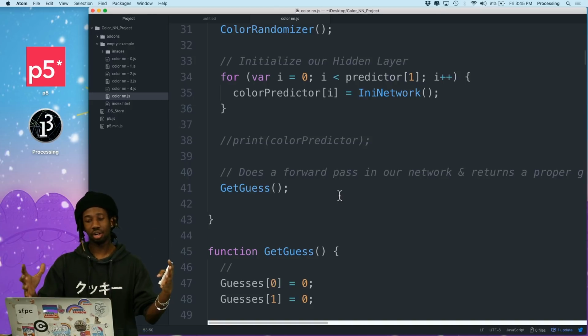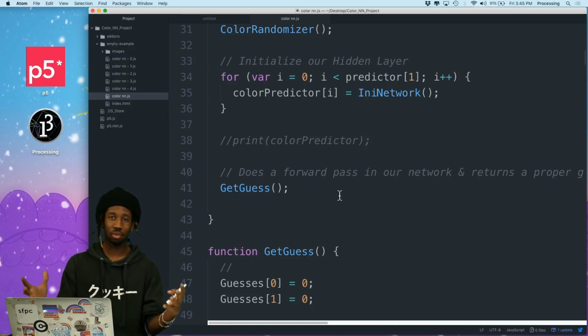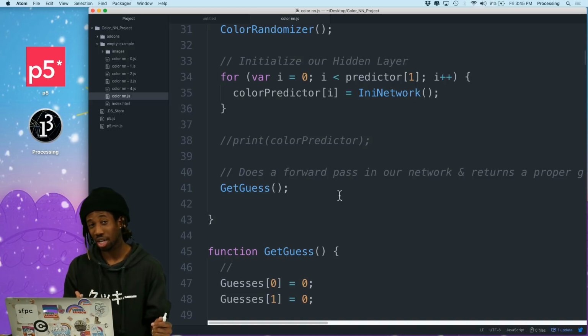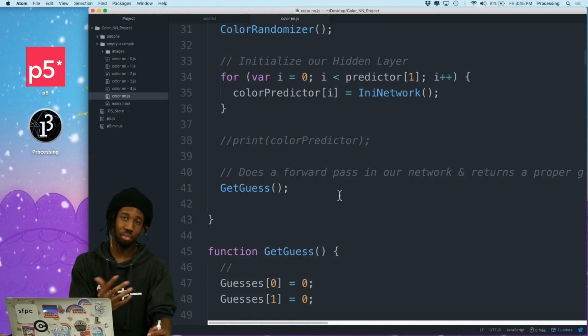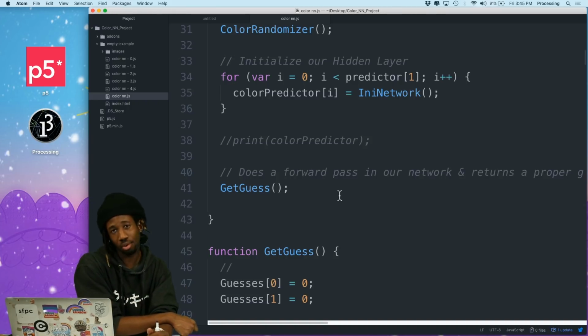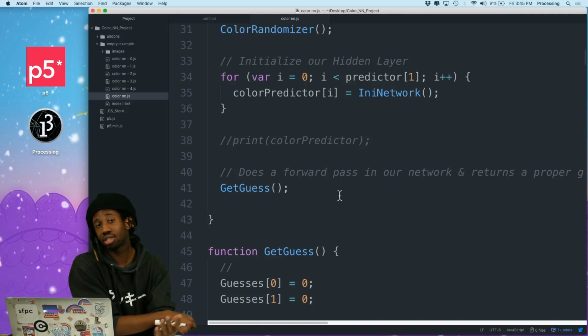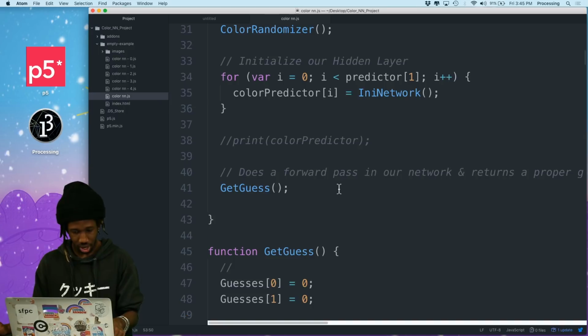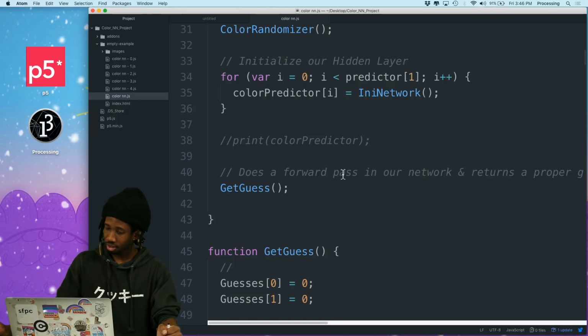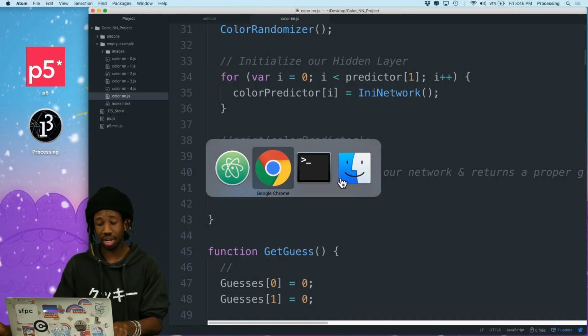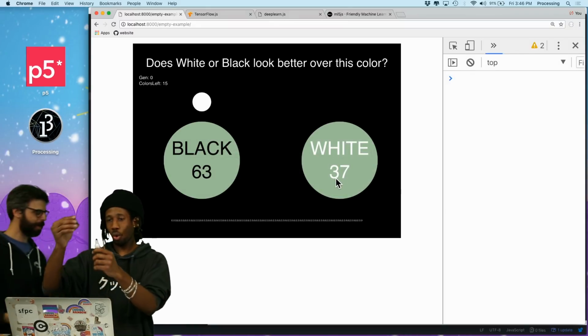But the benefit of writing neural networks from scratch is that you really have a good grasp on what's going on behind the scenes versus using libraries, and you're able to debug different problems that might arise when you are writing your neural networks, be it from scratch or using libraries. That is pretty much it. We do have plans to update it with the actual backpropagation algorithm in there so that you can learn from that as well.